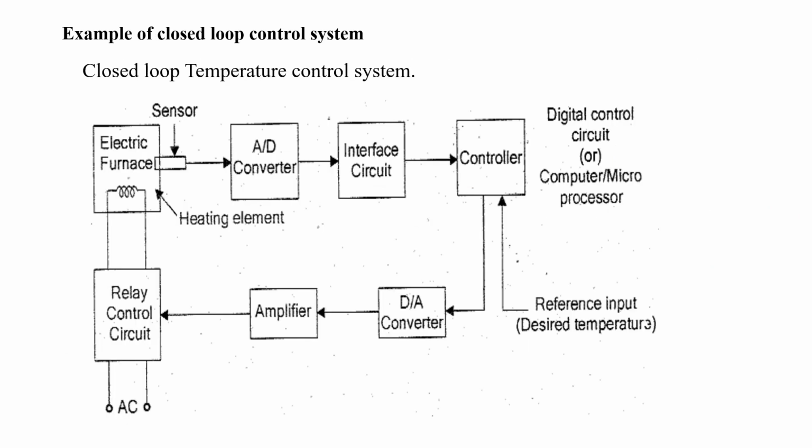Okay, again we are going to see about the closed loop temperature control system. We have seen the open loop temperature control system. Similarly, we have a closed loop temperature control system. So already we have seen the open loop temperature control system. We just give an input signal from the AC supply to the heating element, and the electric furnace gets heated, and then this heat will be measured by means of a sensor. Then it will be converted into digital, and here we had a digital display. In the open loop control system, there we can see that temperature value.